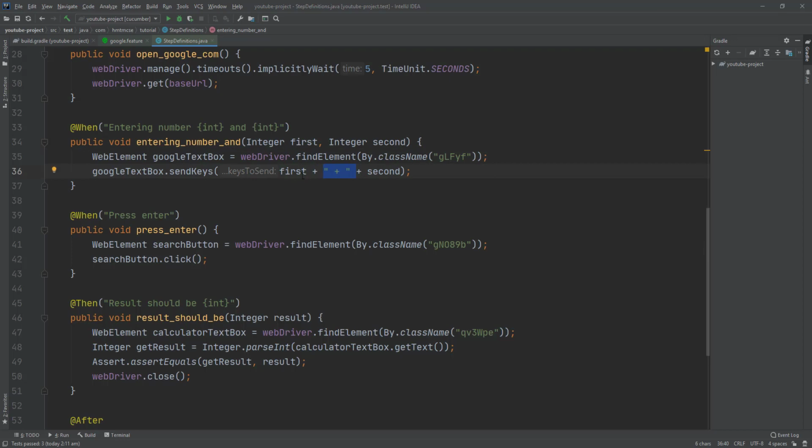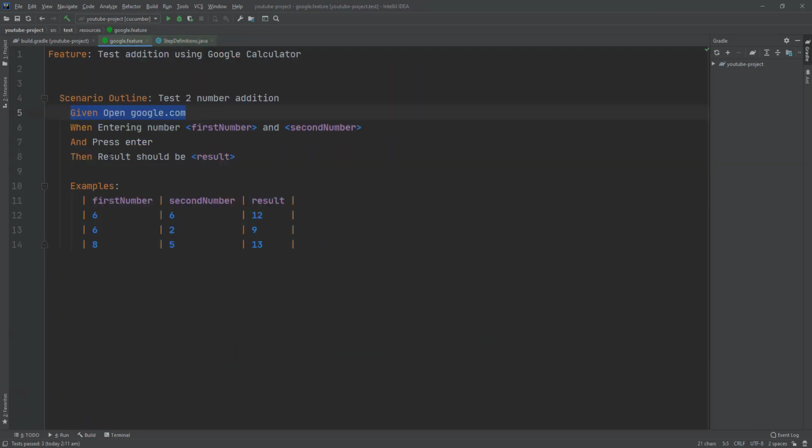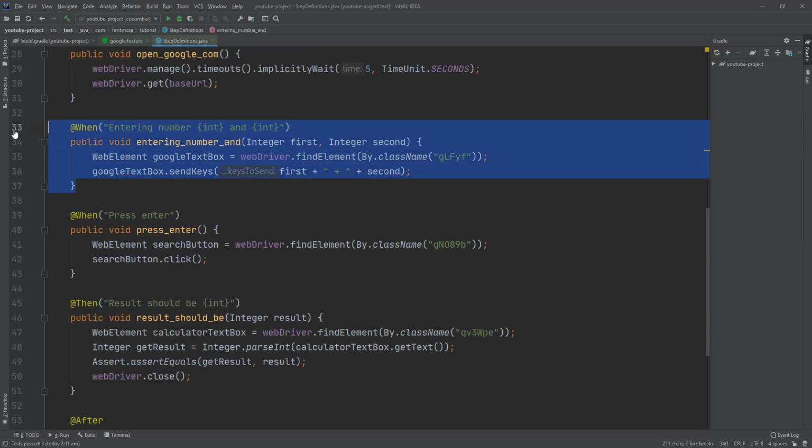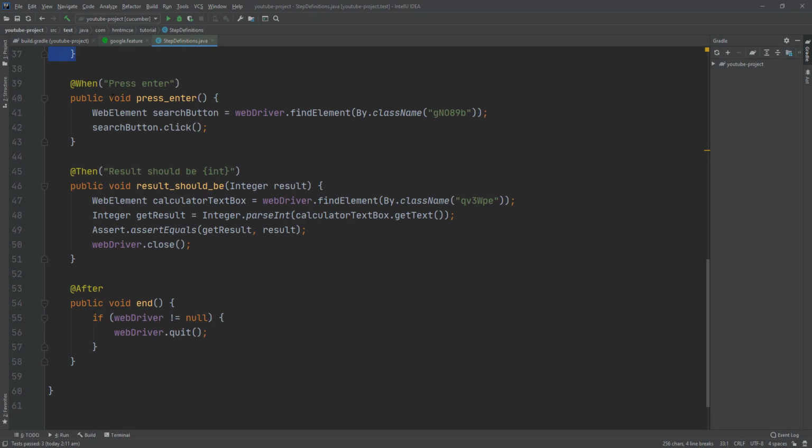Where will this first and second value come from? It will come from this parameter, first and second. This will be the first and this will be the second. Okay, then this portion is already done, and in this case we have to find that